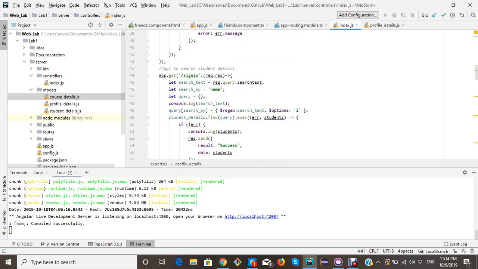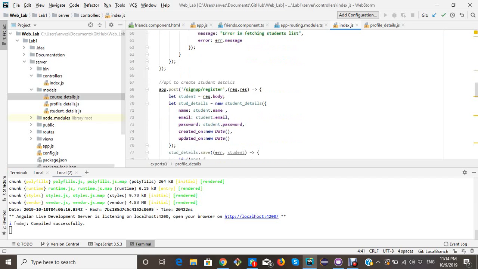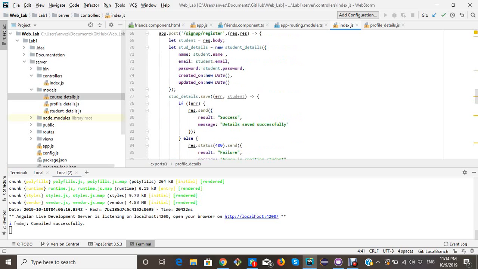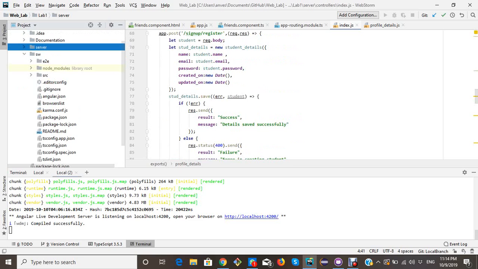And when it comes here, sign in is everything. So it's get and post operations. So this is the code related to the server. So when it comes to the client,